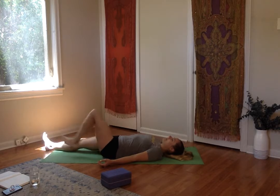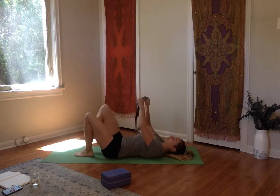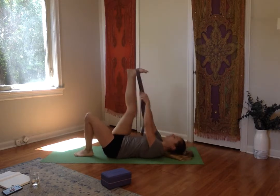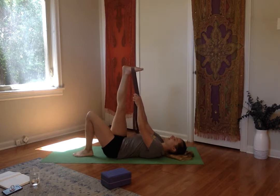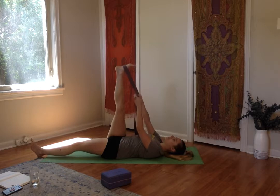And now we'll set up for the second side by bending both of your knees. Take your feet flat first. Now take the strap around the bottom of your left foot. Straighten your left leg to the ceiling. Now from here you might straighten your right leg along the mat, only if that feels okay in your low